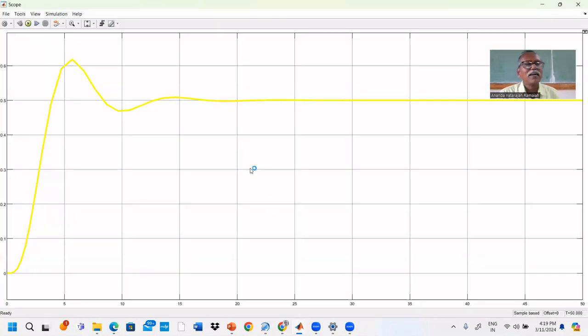Now, where is it settled? Earlier it settled at 0.35. If we increase the gain, it settles at 0.5. But still steady state error is there. It is not yet settled at 1. If I increase the gain further,